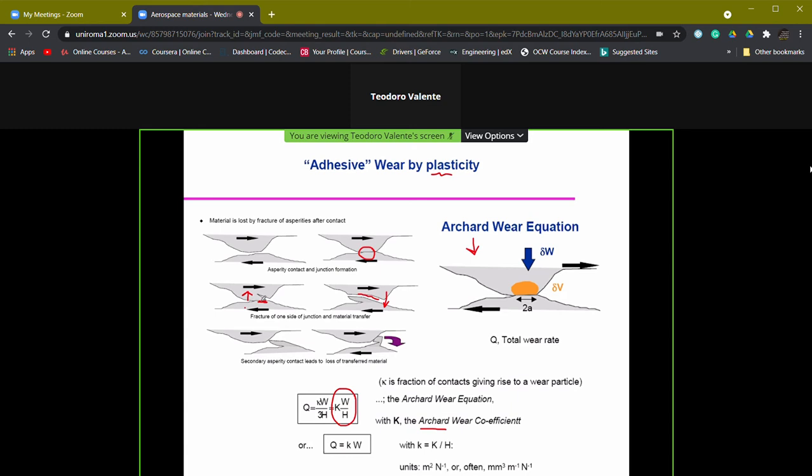That means we can exceed, where the micro welding is formed, the yielding strength of the materials itself. And this means that the material is going locally to undergo